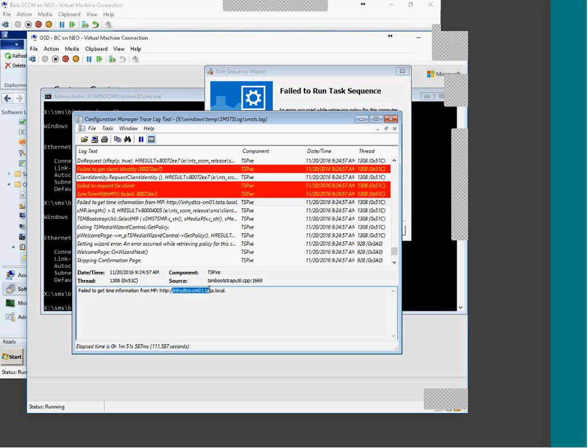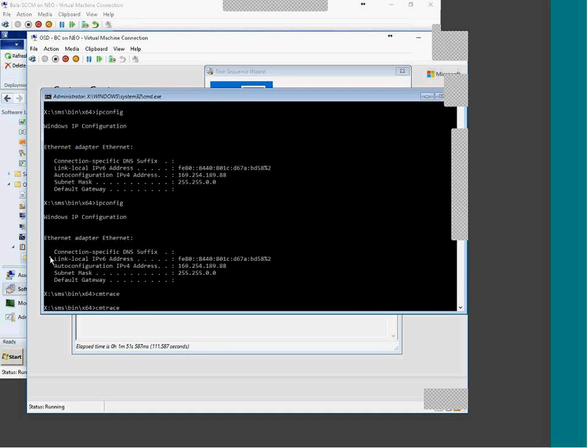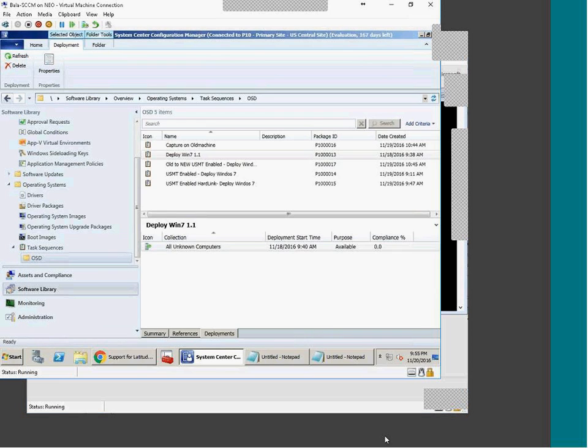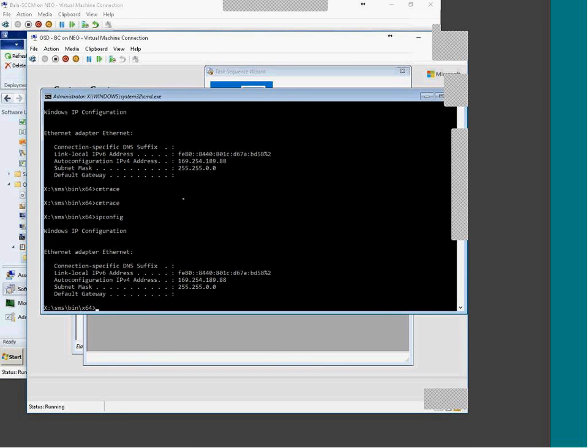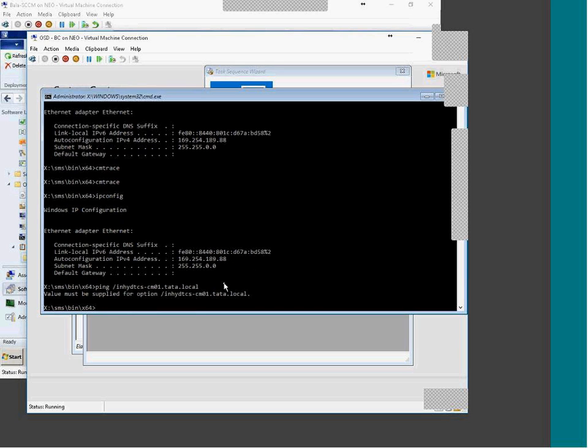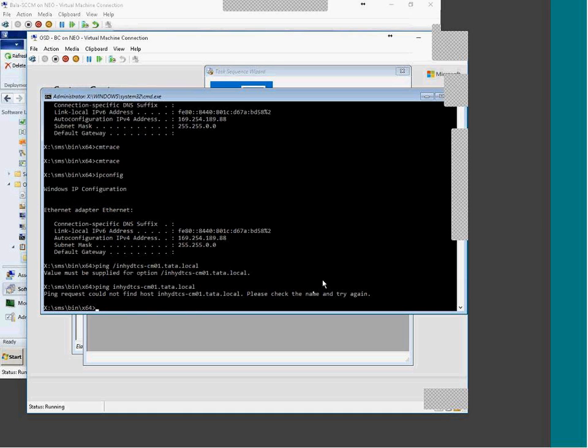Since you don't have any IP address, even if you ping, definitely it can't communicate with the server. So when I have the IP, then I can definitely communicate with the server and get